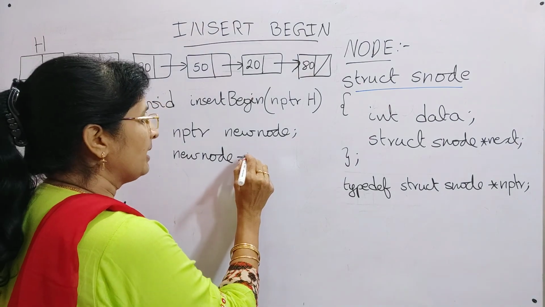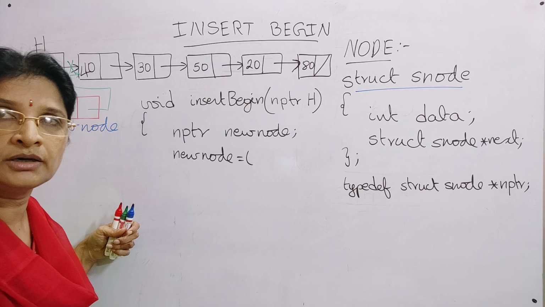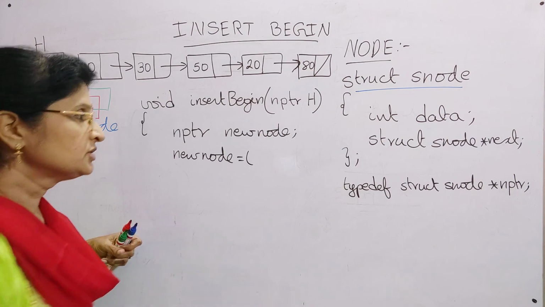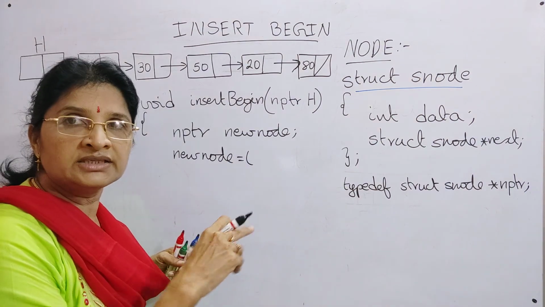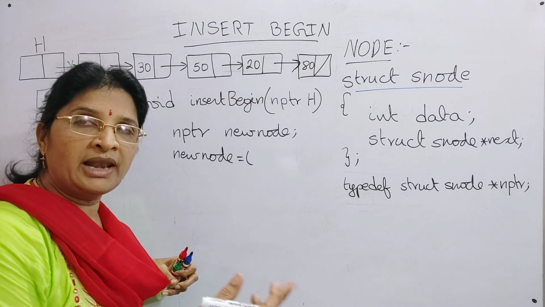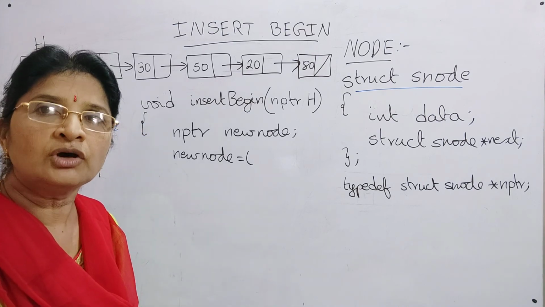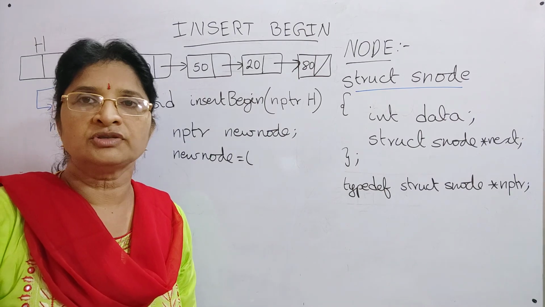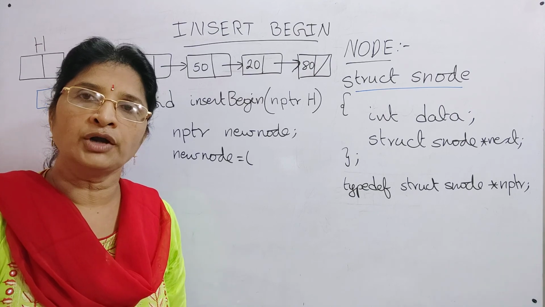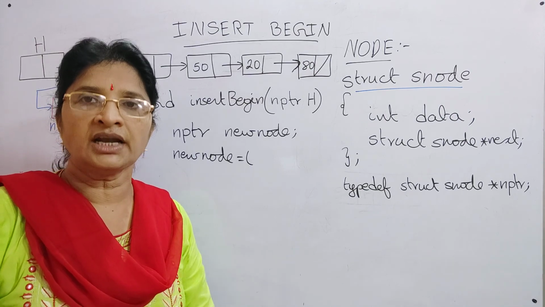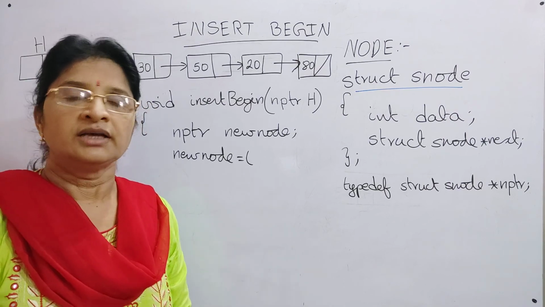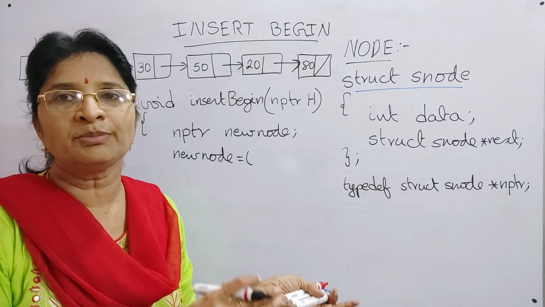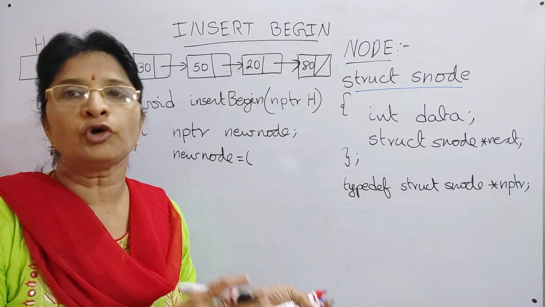How do you use the malloc function? The syntax is, first you have to do typecasting. Whenever memory is allocated using the malloc function, it returns a void pointer. The void pointer can be converted to any data type using typecasting. If you want to point to integer data, the typecasting must be done to an integer pointer. If you want to assign that value to a float pointer, it must be converted to a float pointer. Like this.